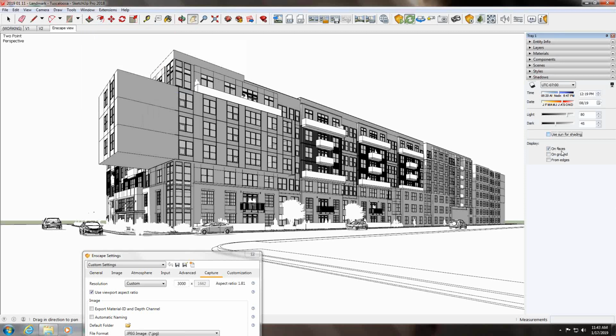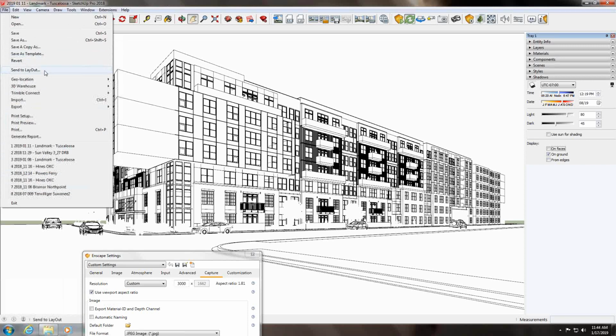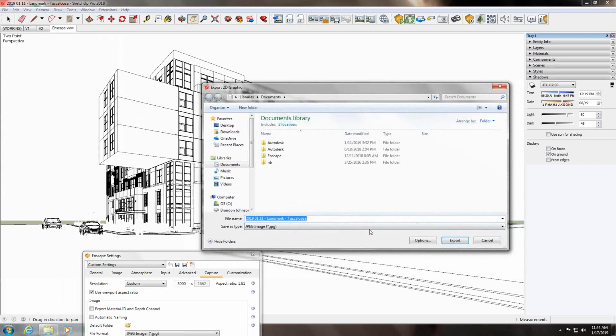The key thing is I also want to turn off the sun, which for some reason, there we go. So now that this is roughly set up, I can export this. So, the thinking that Maxwell is not going to